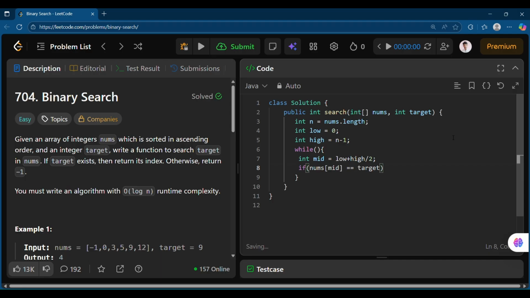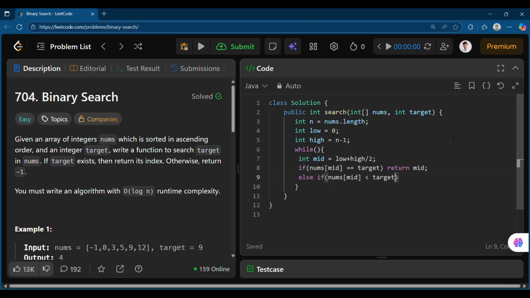If it is equal to the target, you will return the index, which is mid. Otherwise, you will check whether that element is less than or greater than the target. Let's suppose I take smaller. If it is smaller than the target,